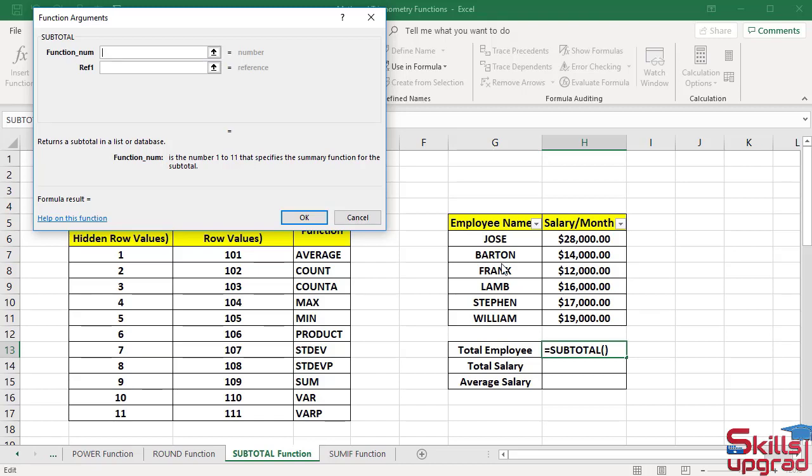SUBTOTAL function returns the subtotal in a list or database. In function num argument specifies the code values. By specifying the code values in this argument, function will use the corresponding function to subtotal the values from the